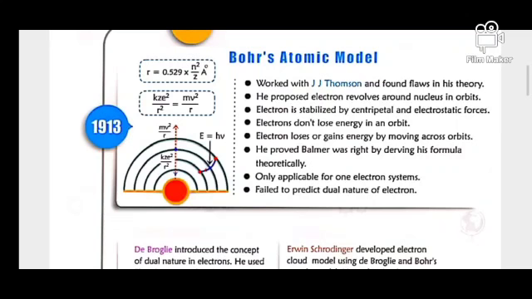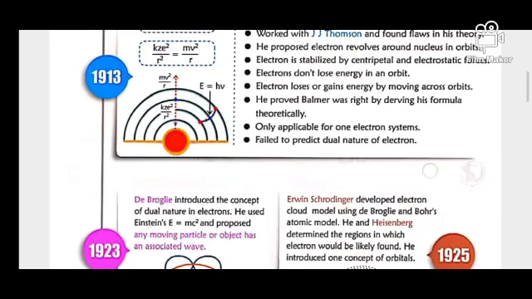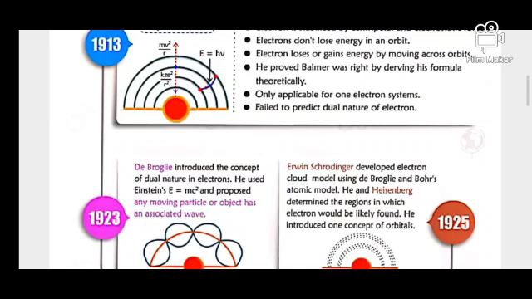Hope you got my point. I am not going to discuss it very briefly; you will learn about it at a foundational level. The next thing is that it is applicable for a one-electron system. But there is also a demerit of Bohr's atomic model. Bohr cannot explain the dual nature of the electron. Bohr did not know about the dual nature of the electron. Bohr thought that, as it is a subatomic particle, the electron shows only particle-like properties.